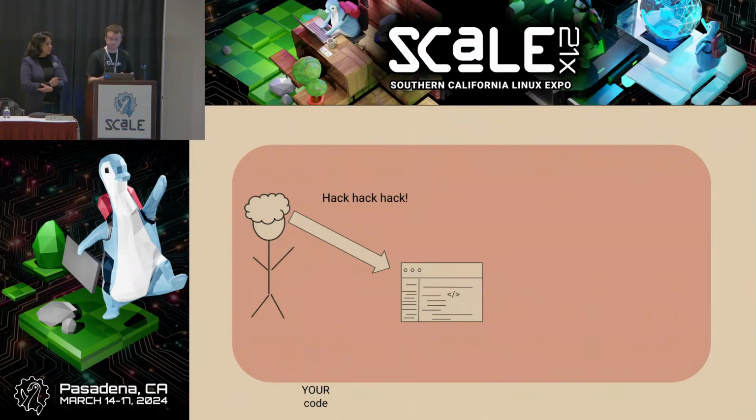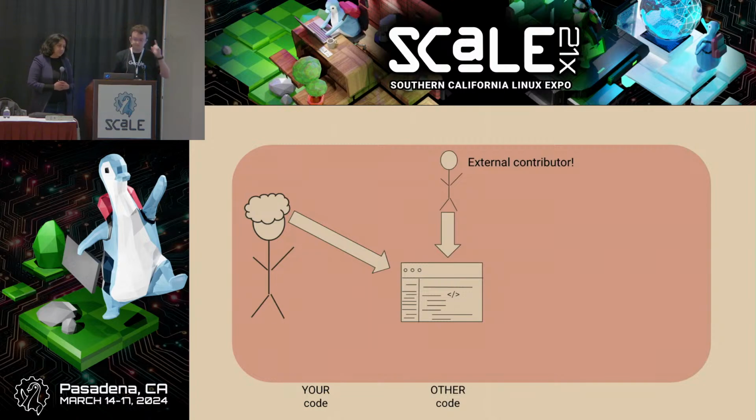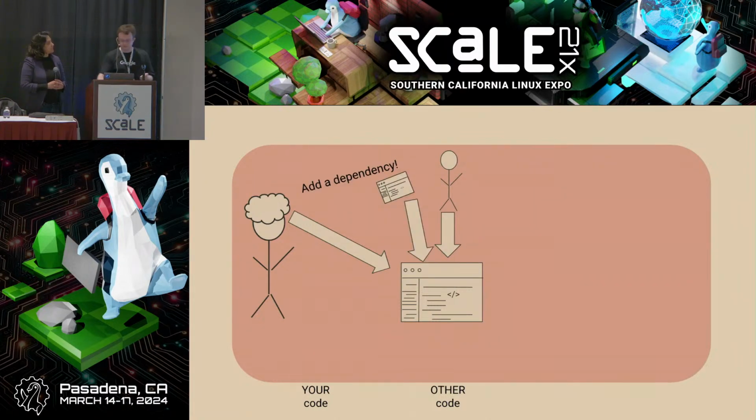But eventually, your project might actually start to contain other people's code too. And when I say that, you might immediately think of external contributors. These are people who get interested in your project or want to contribute a feature or fix some bug, so they open a pull request with their own code for you to accept. And that's a fantastic way to scale up a project and start creating a community around it. But there's actually another type of other code, shall we say, that we maybe don't think about as much, especially not in this way, and that's obviously dependencies.